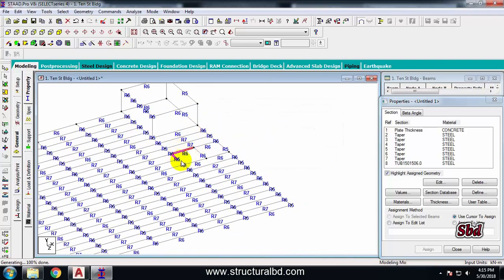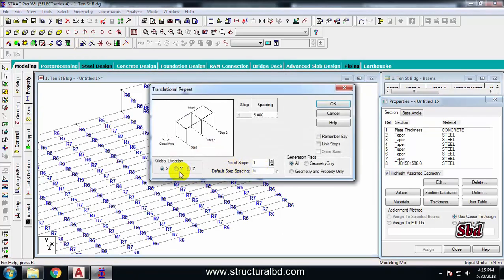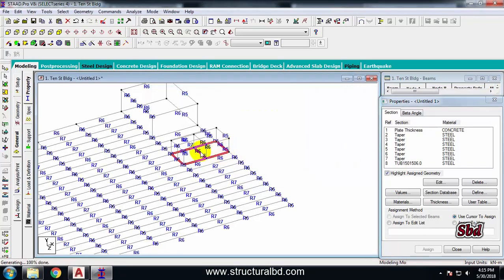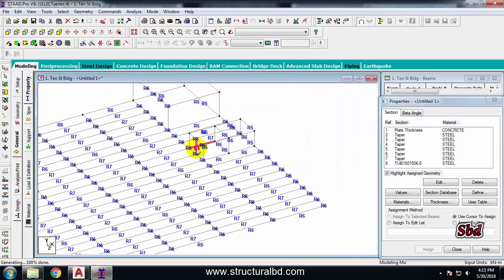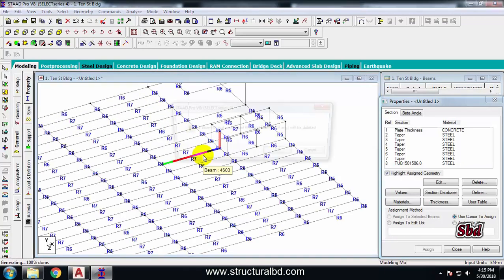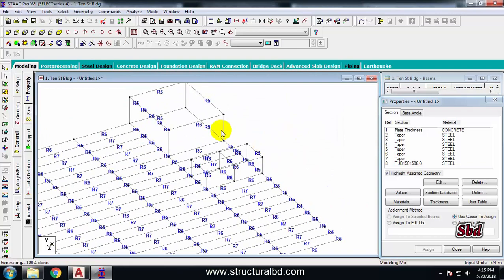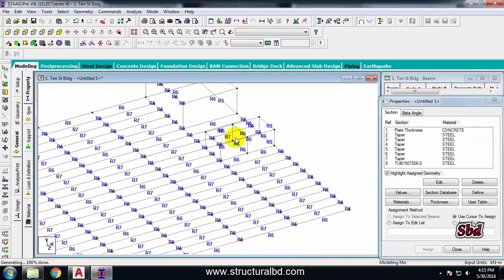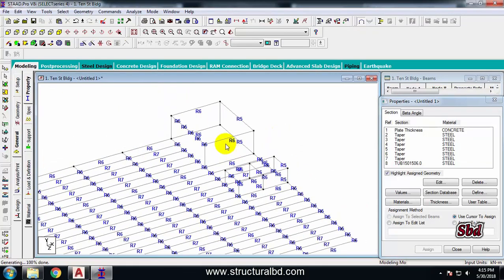Same way I have also machine room here above this stair, select all this, then translational repeat, Y, this will be 1.5 meter above the slab level, link step. Okay, same way delete this additional column from here. Okay, done. So if you have any more story above this level, you have to draw,